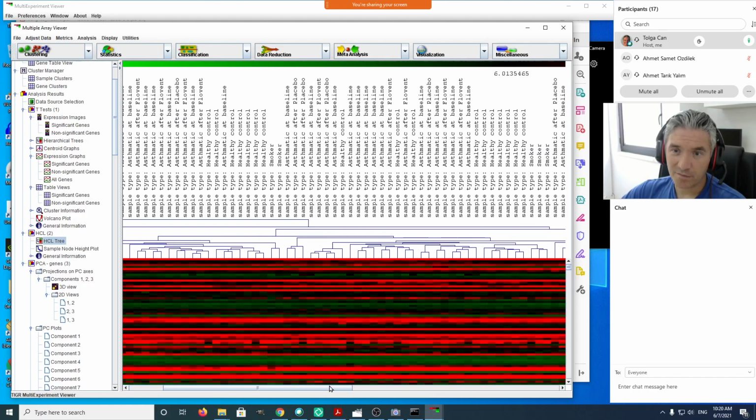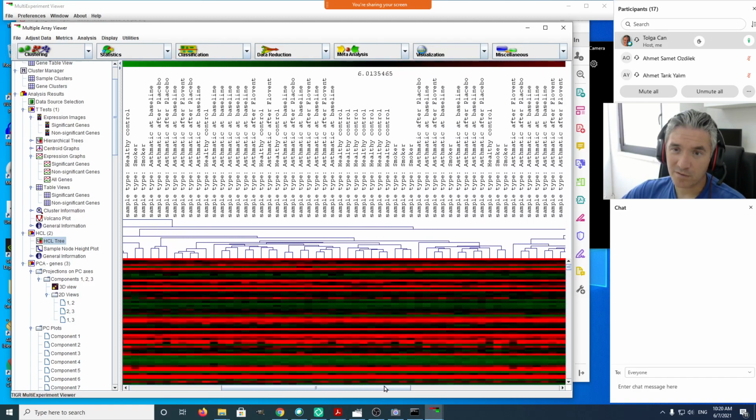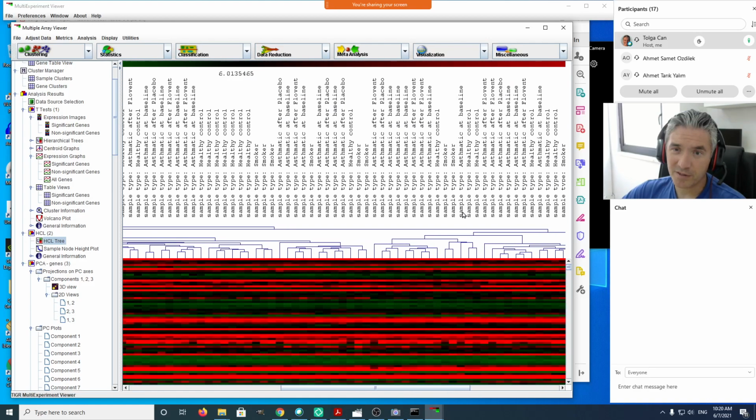Let's see, fluovalent are all over the place. I mean, there are some fluovalent treated patients that are similar to each other, but there is no natural grouping between fluovalent, and the sample labelings do not correlate with our clustering that much. This may be due to the fact that we used all of the genes expression values,